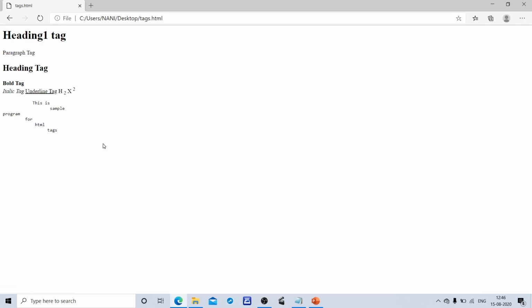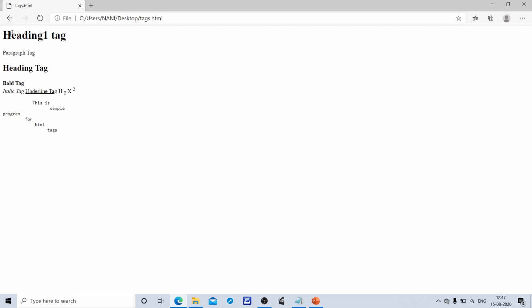This is a previous example from the previous class, about basic tags like heading tag, paragraph tag, bold, italic, underline, pre tag, subscript, superscript. If you observe this, in this program I didn't specify any target attribute. That's why when I click on the link, it opens in the same window or same tab.